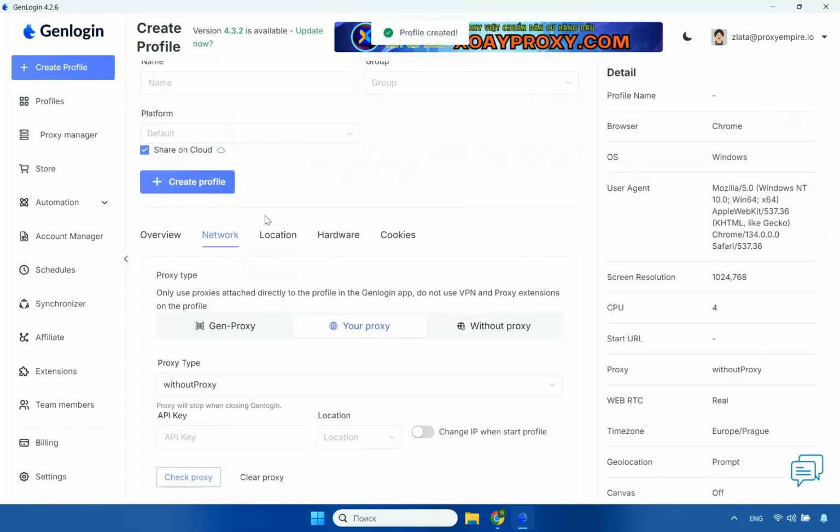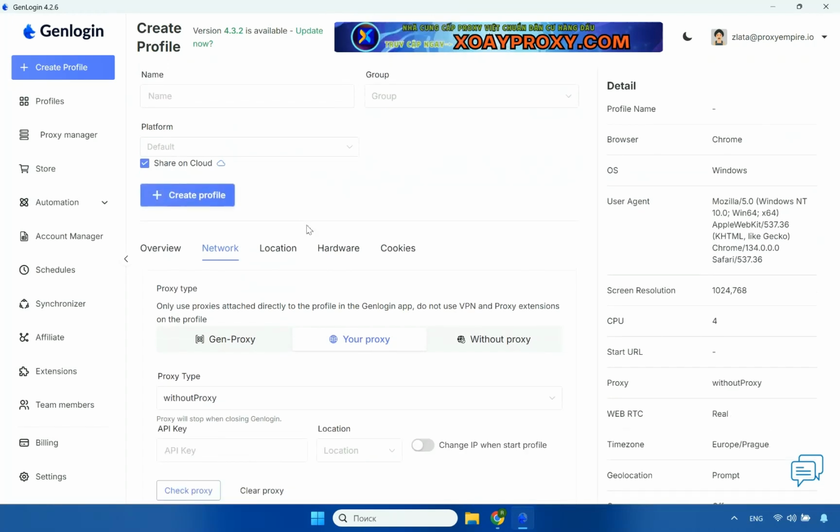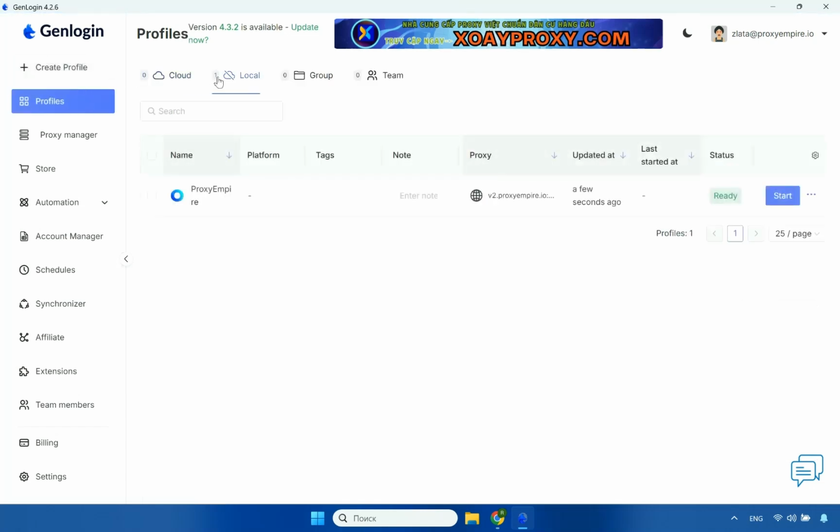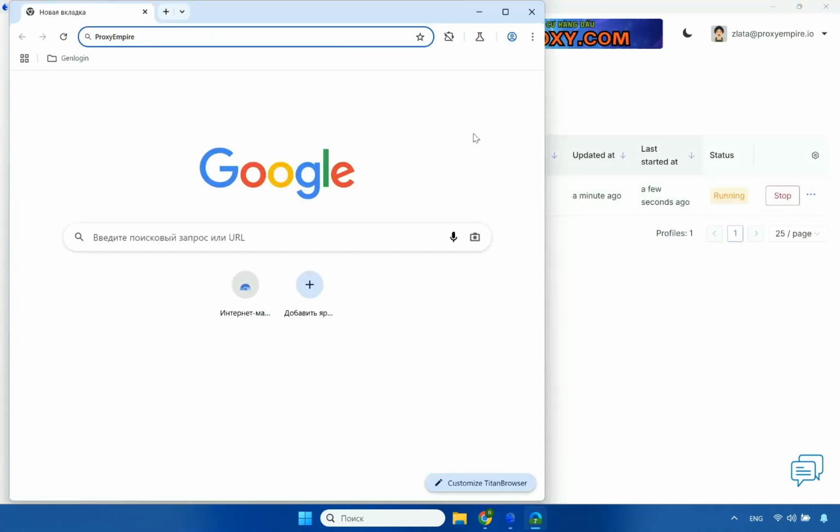Now we should go to Profile section, which is on the left side. And here we need to click Local. We see our account. Click Start. The browser is opened. It means everything is installed